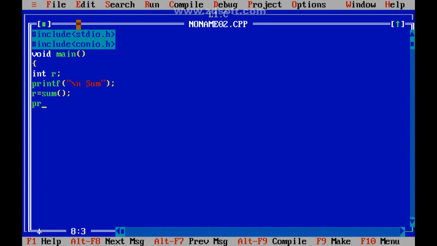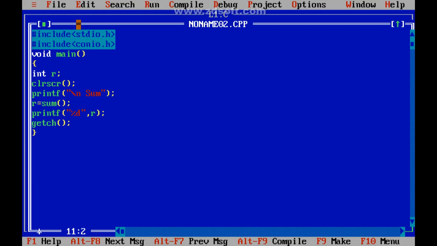So printf, I will just write down the CLRSCR because you should not get confused with the previous output. So here I am printing the output because r got the result from sum. So I just want to print the r. And getch, main is closed with getch.